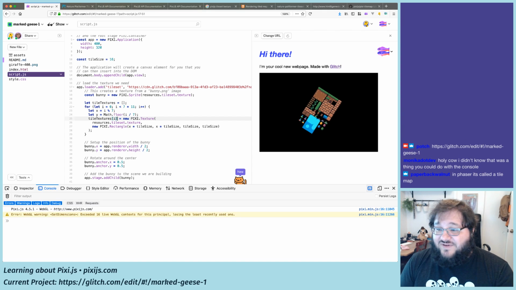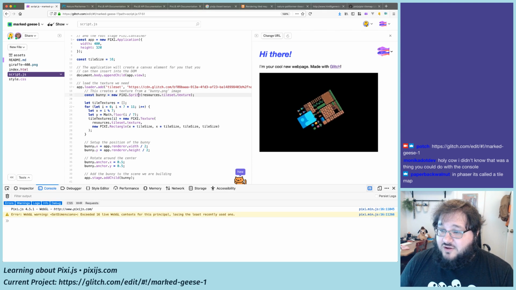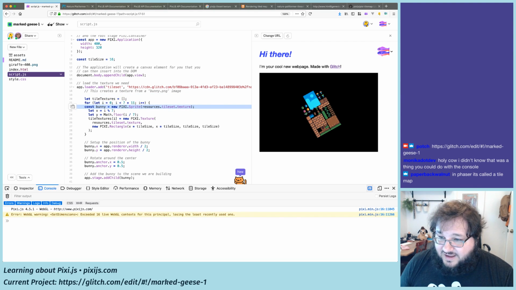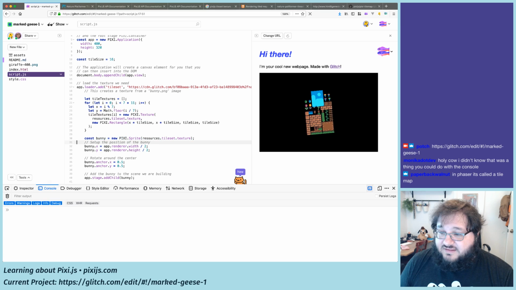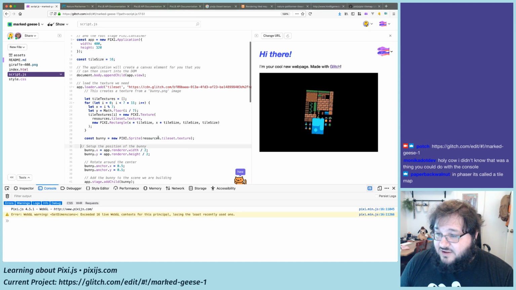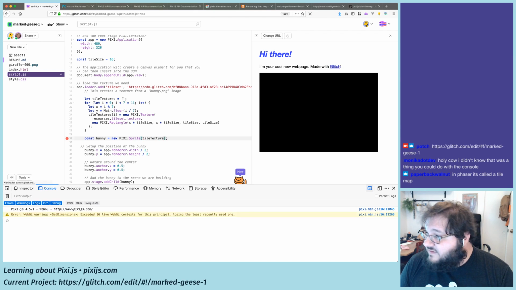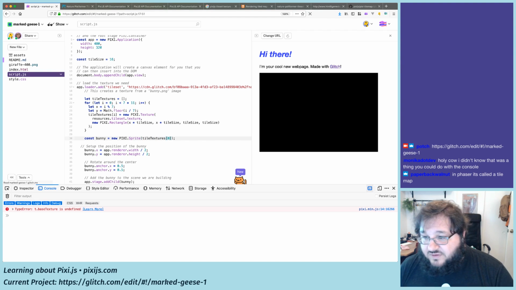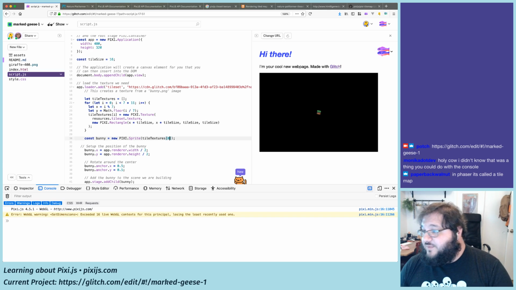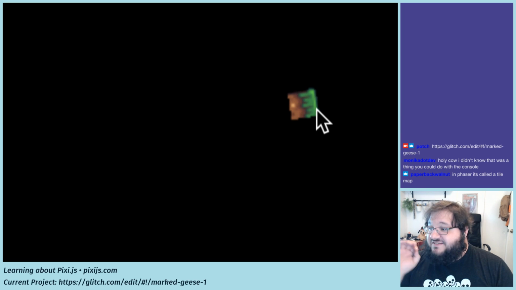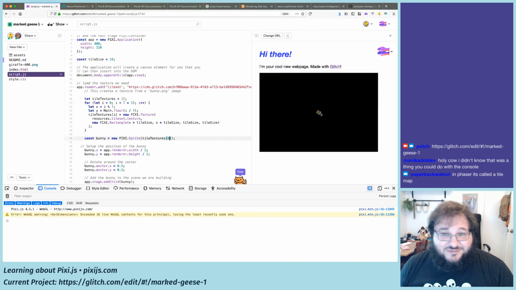But now we've actually chopped this up into little pieces, which means I can take this line and just shift it on down, because let's assume we've sliced up nicely. As opposed to saying dot texture, I should be able to say tile textures, and let's just pick 0 to start, even though 0 is not really a standalone texture, just to see if this works. Okay, I don't know if you can see that, but now we have a spinning single tile of ground, which means we are in good shape,